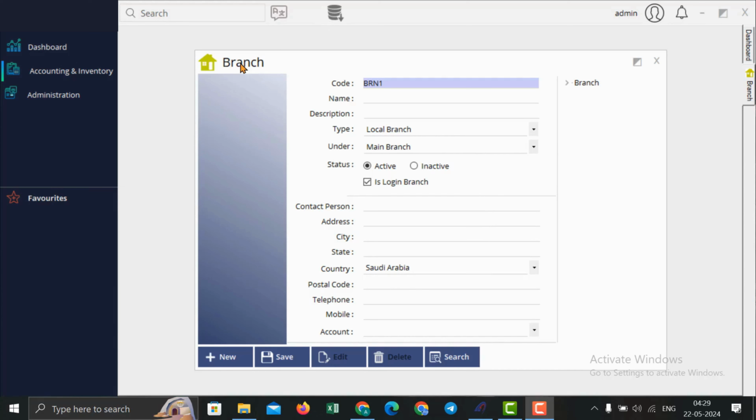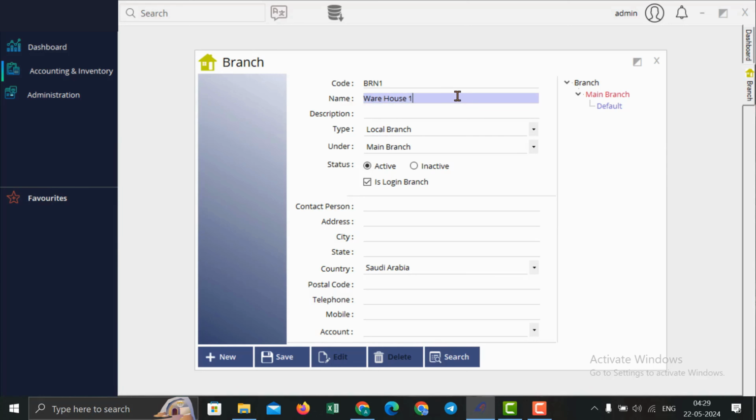So multi-branch management system is only available in standard edition and premium edition, but the depot creation is available in all editions. So you have to open this even for depot creation. Now if you want to create a depot, for example, once you install the software and when you create a company, you will get a default main branch, like a branch, and a default depot. So if you want other depots, like for example warehouses,